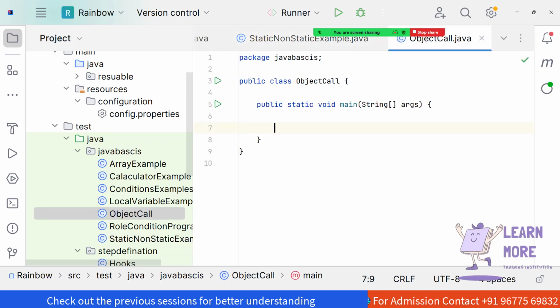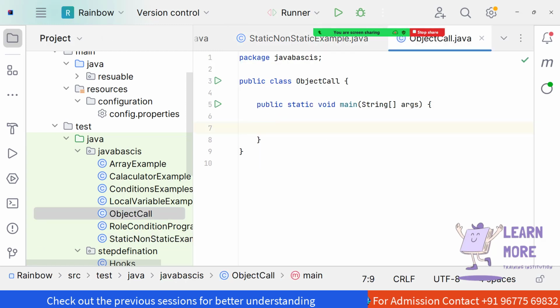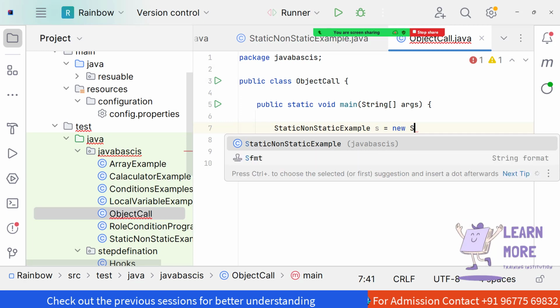If you need to use one class in another class, for sure we will be creating the object. So I'm creating the object for the static non-static example, and I'm giving the variable name as ys. How will we be creating an object? We are going to create an